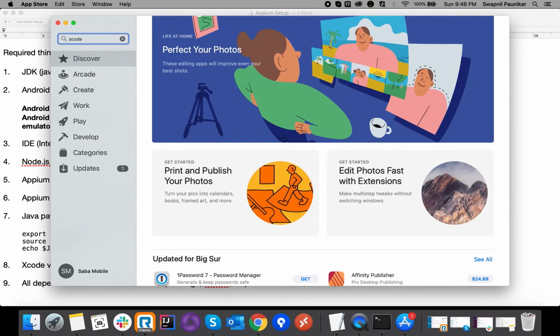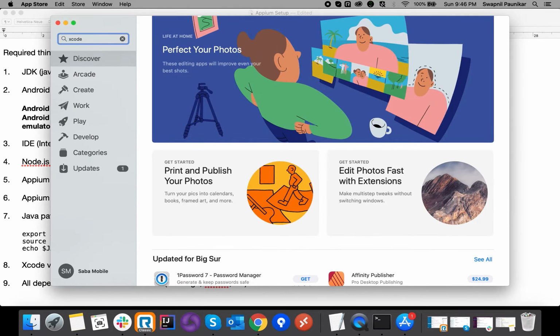The current available version of Xcode is 12.3, and in order to work on 12.3 we must have macOS 11.1. That is a compulsion, guys. Apple works in such a way that we have to maintain the Xcode version, the macOS version, and the iOS SDK version as well.